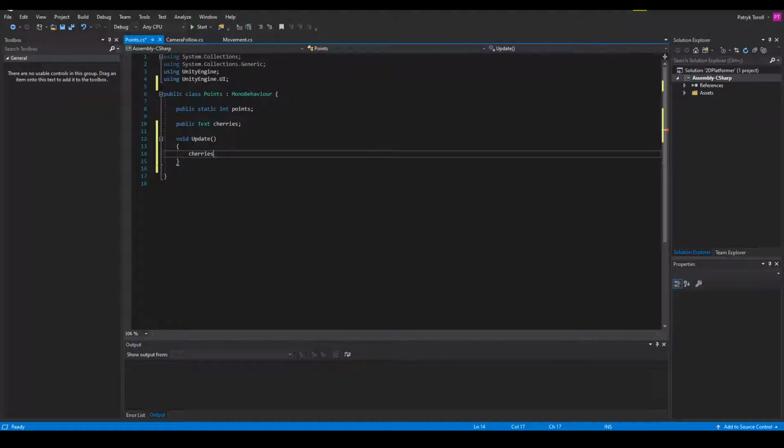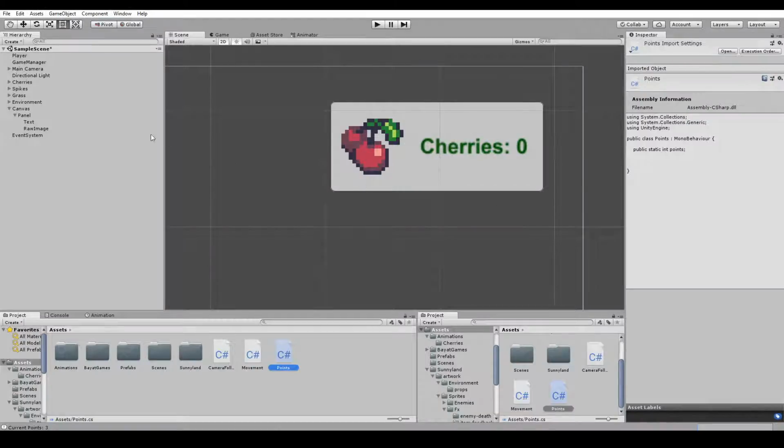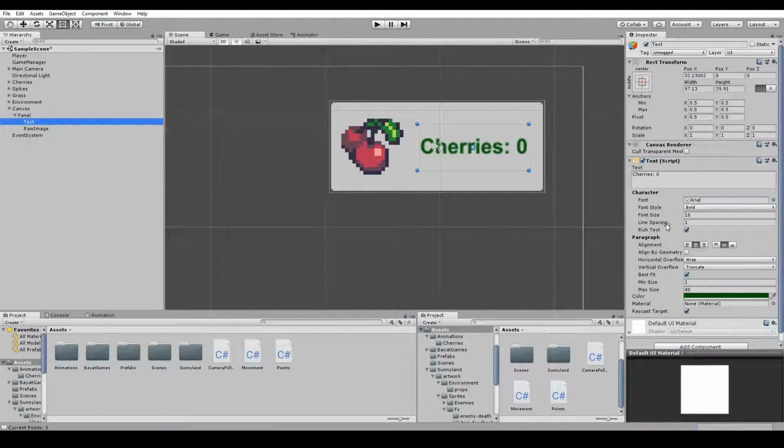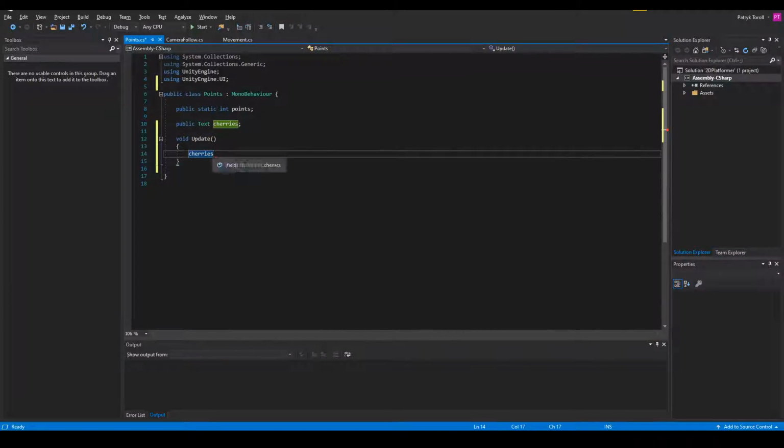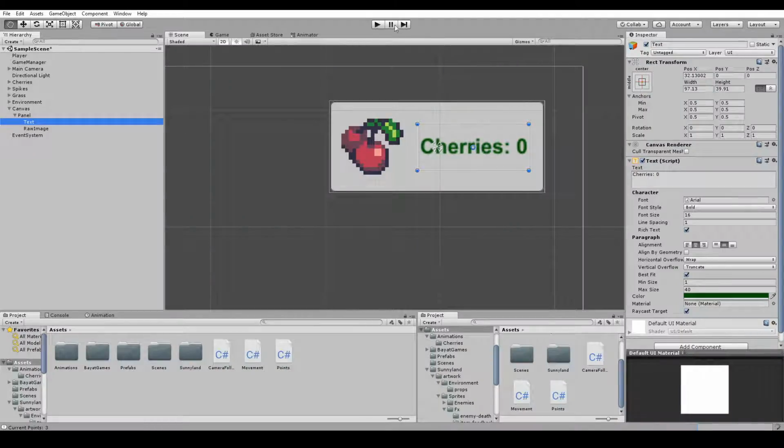And now our text class is this whole component which is over here. So we need to access the text of it. So we have to type cherries.text, and then I'll assign a string to it. So equals "cherries:" plus points. And that's basically it. We can save it, go into Unity,